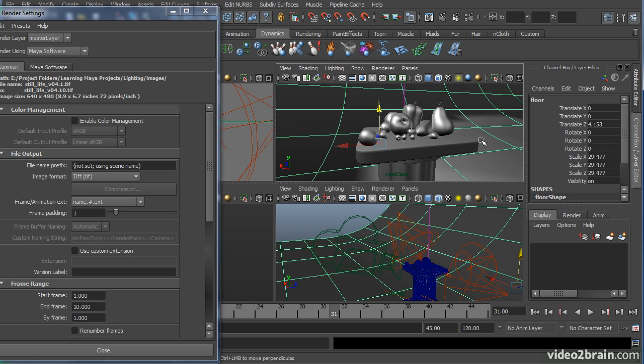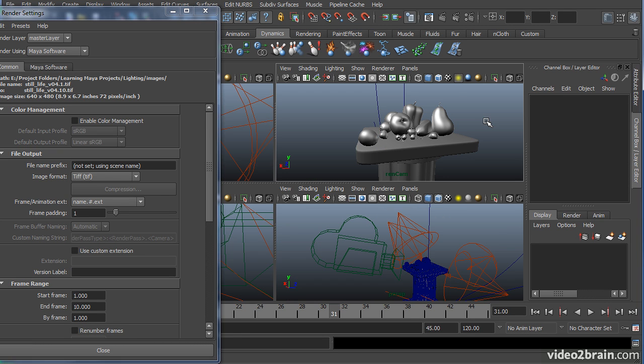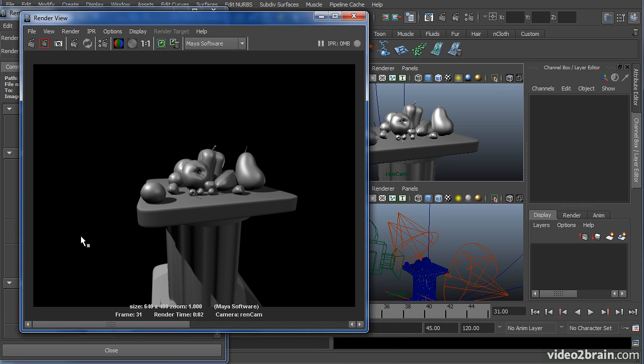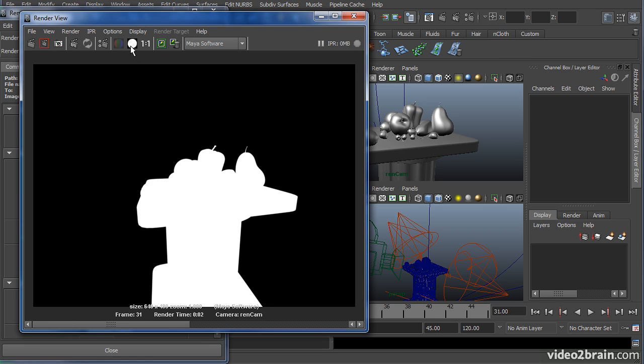I'm going to go ahead and temporarily turn off our background, and I will render a single frame in the render view. No background means that there's nothing back there. This is all black. The alpha channel is a solid mat of where the objects actually are. Where there's no objects, the alpha is black, meaning it's fully transparent. When you composite or overlay this image onto a background or another image, the other image will come right through